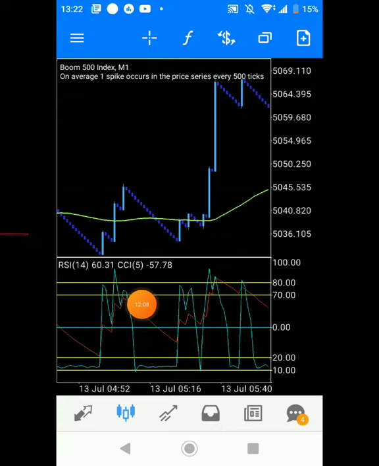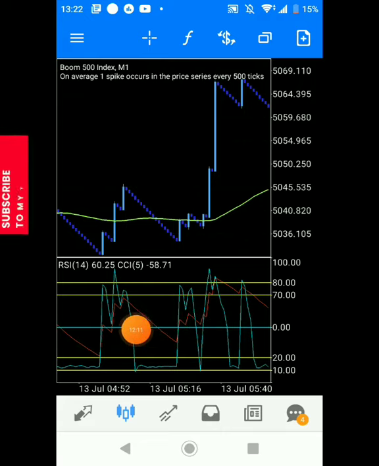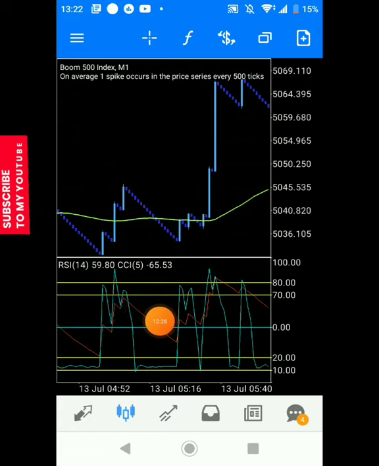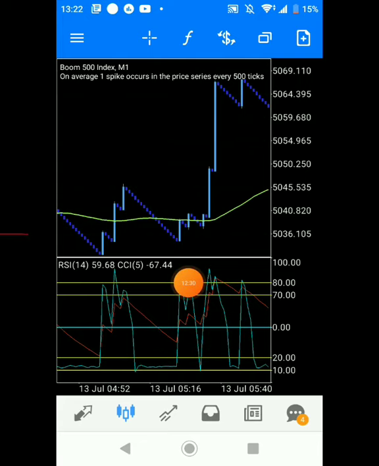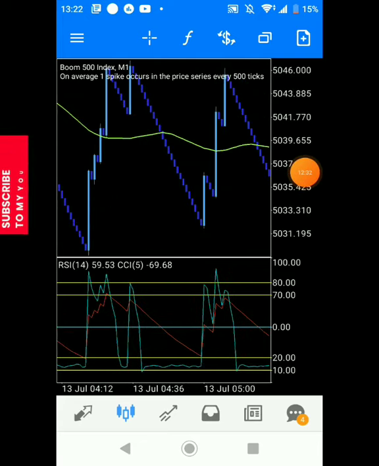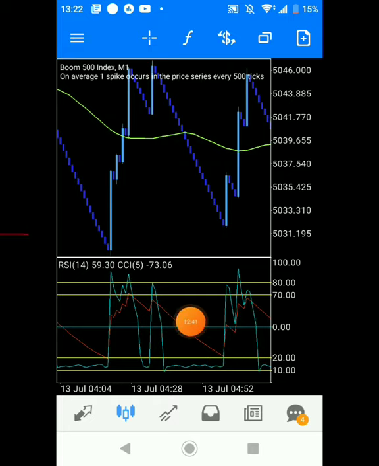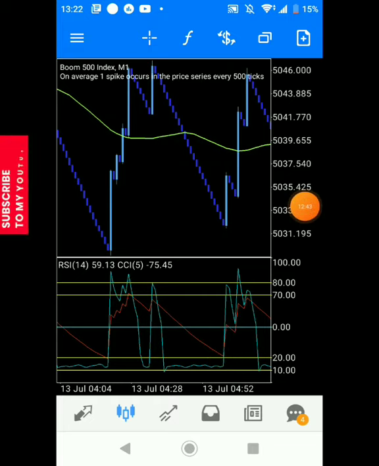Another thing you observe, not just the red moving average, also observe the green commodity channel. Whenever you see it going deep down and it has gotten to the 10 level, a spike might occur. When it gets to the 10 level, it will give you a little right move. While it's moving, you also be observing the red moving average, what is happening, and a spike might occur at any time. You can see this one again. When it moved deep down, where did the spike occur? When it got to 20. So that is where you can find the spikes from this. And I hope this strategy helps you win.